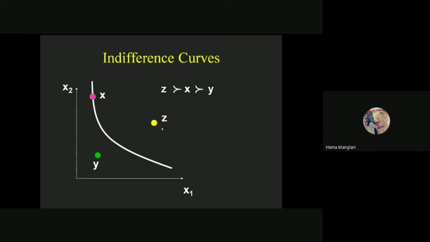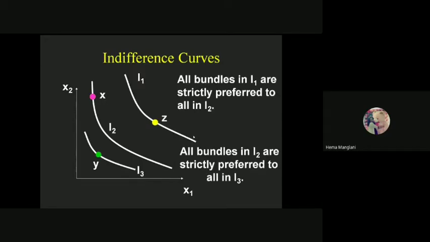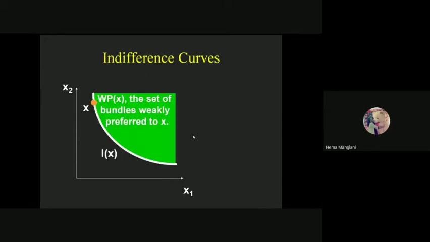So if you could have another indifference curve here and another indifference curve here, then the situation would be like this. Now, the weak preferences of X, the set of bundles weakly preferred to X. Suppose the bundle is just below this indifference curve, then we can say yes, this X is preferred to this because that is showing a weak set of preferences. And WPX, the set of bundles weakly preferred to X, includes IX. See, there is a difference. Here, we do not have